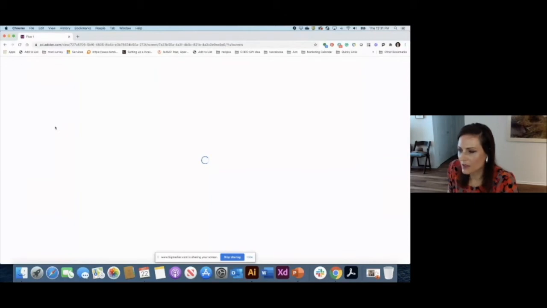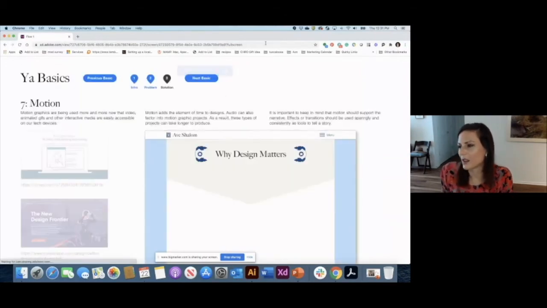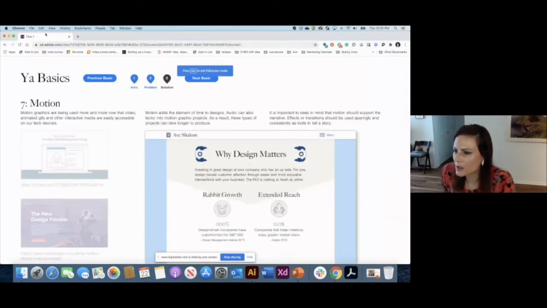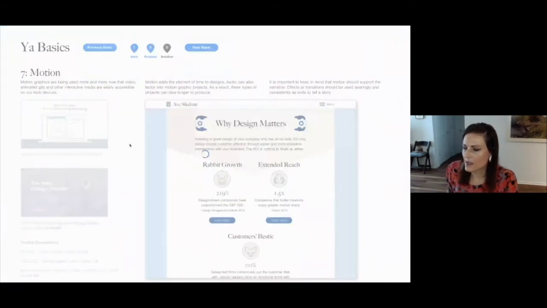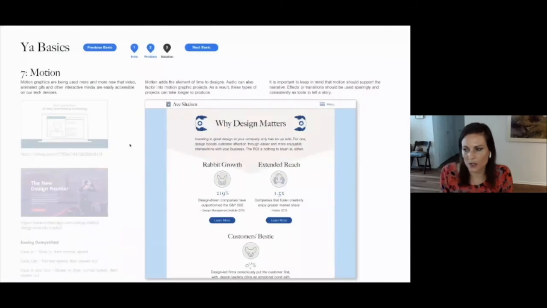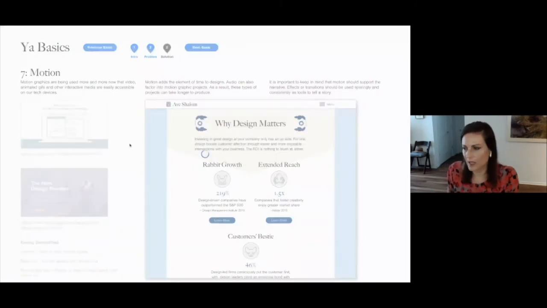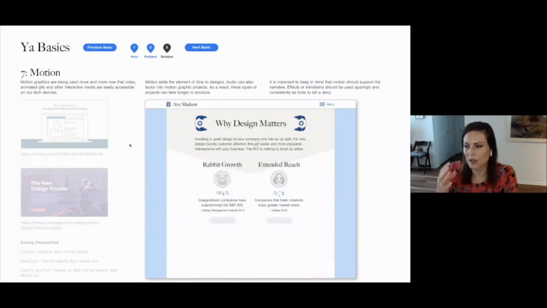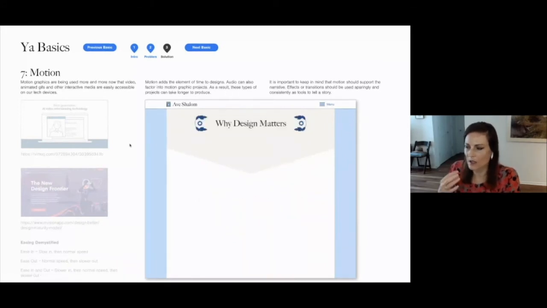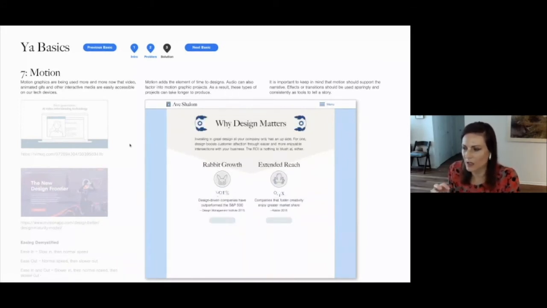And this is where everything goes wrong. No. Okay. So the solution is, let me just expand this out again, to really use your transitions and your animated effects sparingly and with specific intent. And you want to not have things go too fast or too slow. So just have a nice pace to it, give people enough time to read a little bit of it, but also show the order of events.